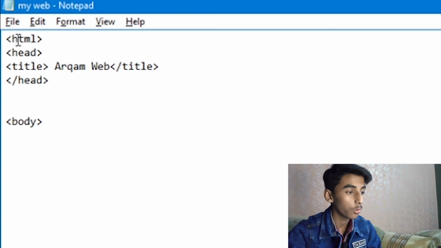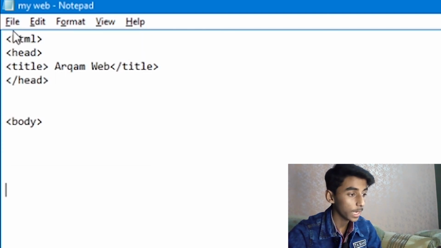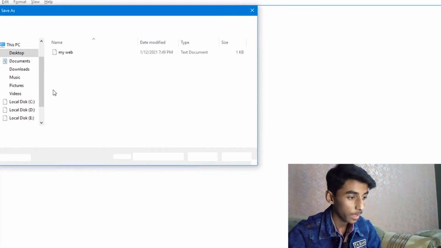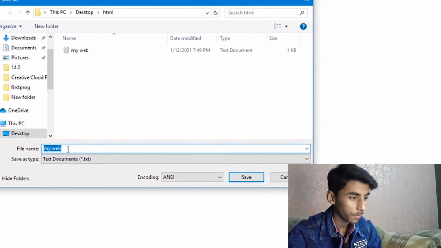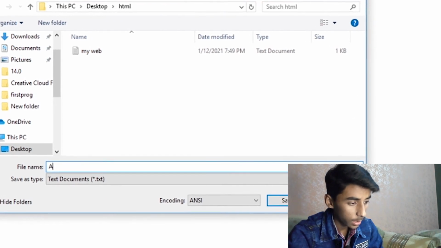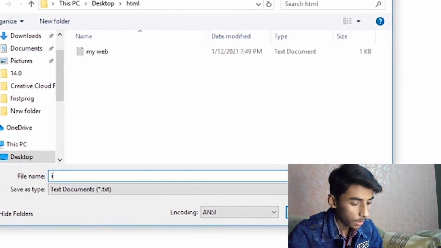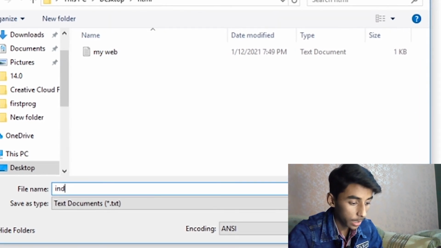I will teach you how to save it. So go to File and click on Save As. It will display this pop-up screen, and here you enter the file name, whatever you want, but the standard is index.